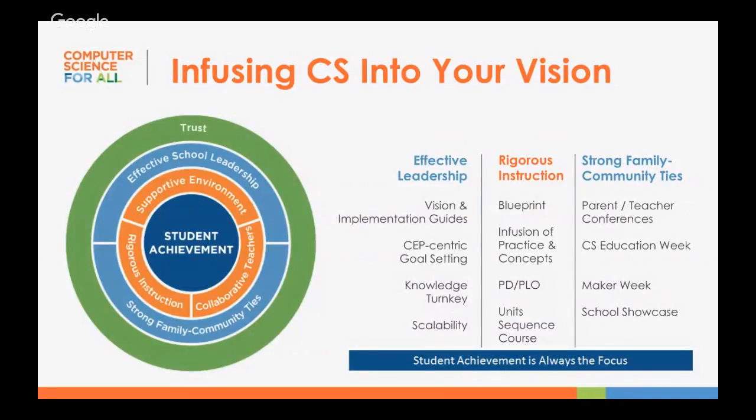We're really looking for schools that are willing to and want to make computer science part of their school vision. So things like the vision for effective leadership within the school. We provide, again, that overview expectation and implementation guide. We help schools set goals.